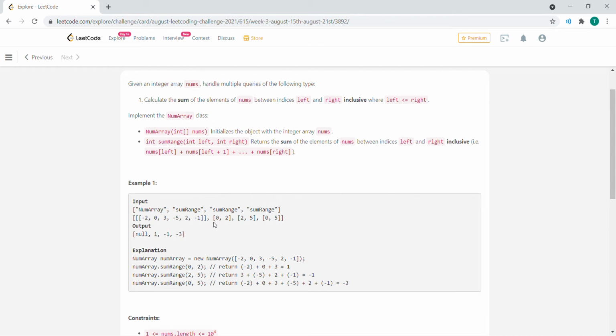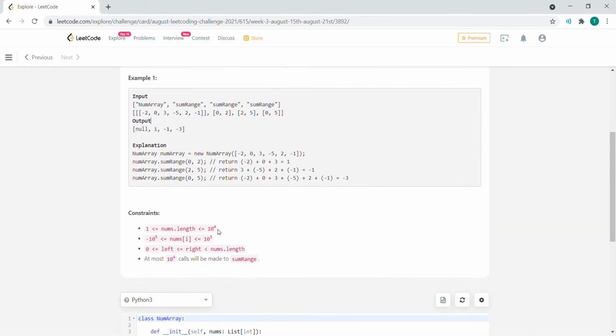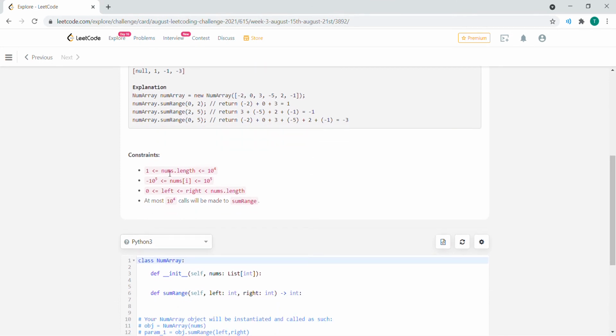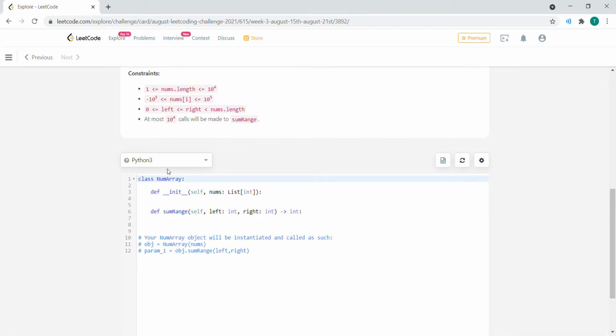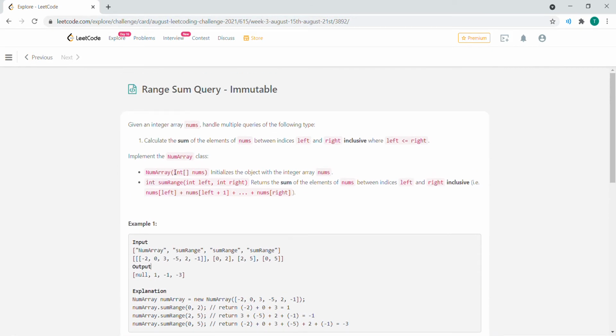If we take the range sum between index 0 all the way to index 5, 0, 1, 2, 3, 4, 5, that means the sum of the entire range, we get negative 3. That's pretty much it for this one. Let's see, constraints being the length of nums between 1 to that number, indexes between that to that number. Alright, awesome. So the trick to this is basically to use prefix sum, which is how I would go about